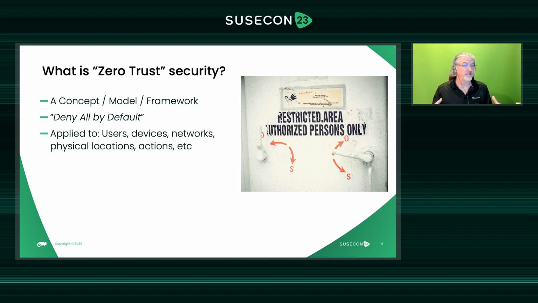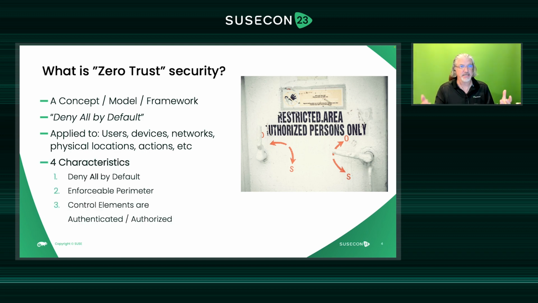And we can apply that to users. We can apply that to network connections. There's all sorts of ways you can apply zero trust. But obviously, first thing we always start with is it's got to be denied by default. So we're going to deny everything that we're going to let into this perimeter. And that can be applied to, again, devices, network, physical locations. The four characteristics that we want to look for when we're talking about zero trust are, well, like I said,